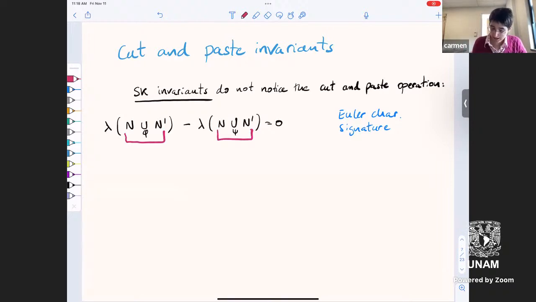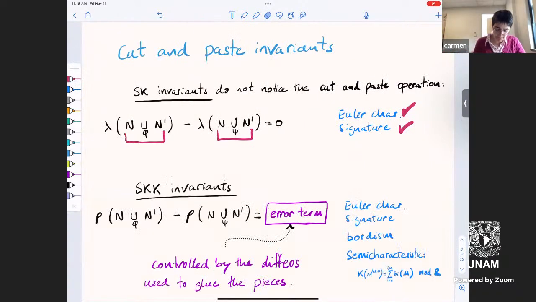And as René already explained, the 2 essential cut and paste invariants are the Euler characteristic and the signature. Essentially those are the only 2 essential ones. Everything else is a linear combination of the Euler characteristic and the signature. So so far it was a little bit of a review of what René already explained. From now on, I need to introduce a different group of invariants, which is a little bit more general in a sense. So the new group of invariants, sorry about that,